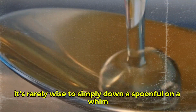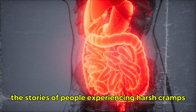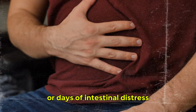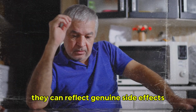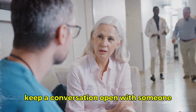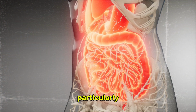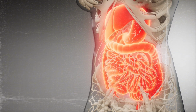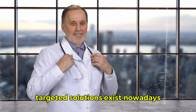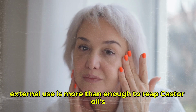But it's rarely wise to simply down a spoonful on a whim. The stories of people experiencing harsh cramps or days of intestinal distress are not mere rumors. They can reflect genuine side effects. Keep a conversation open with someone qualified to evaluate your overall situation, particularly if you have a history of digestive complications. Because so many better targeted solutions exist nowadays, you may decide external use is more than enough to reap